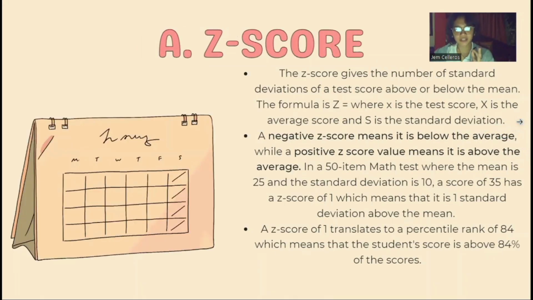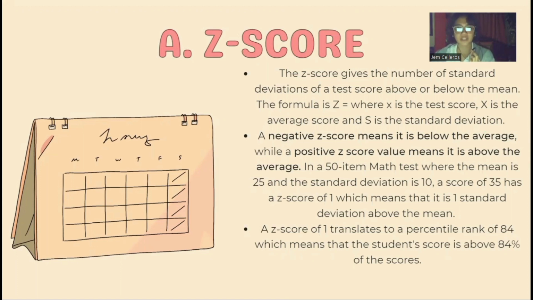The Z-score and T-score are used for hypothesis testing. The Z-score gives the number of standard deviations of a test score above or below the mean. The formula is Z equals (X minus X-bar) over S, where X is the test score, X-bar is the average score, and S is the standard deviation. A negative Z-score means it is below the average, while a positive Z-score value means it is